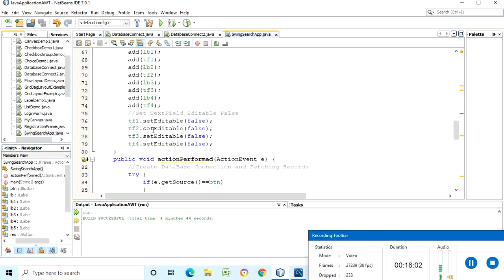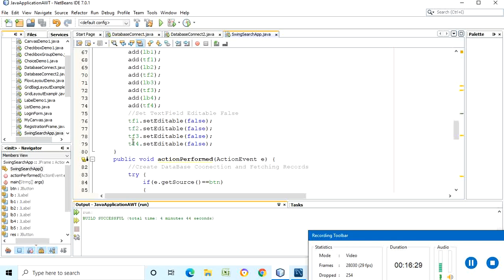Then we are giving a setEditable method. What is the significance of the setEditable method? I have told you in previous sessions. If you make this setEditable method true, in that case the user can modify the data at runtime. We don't require it. The data which is present in the database should be reflected on our GUI.